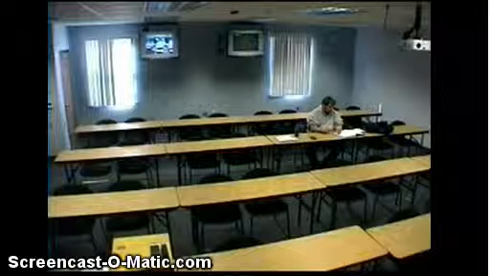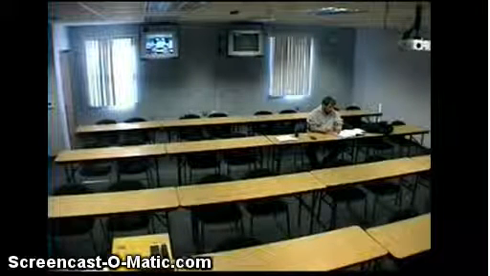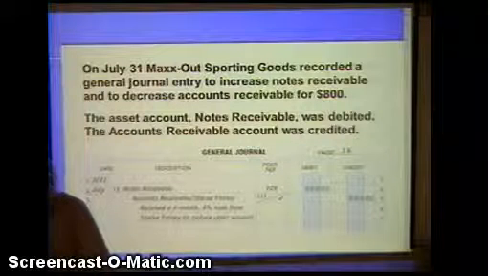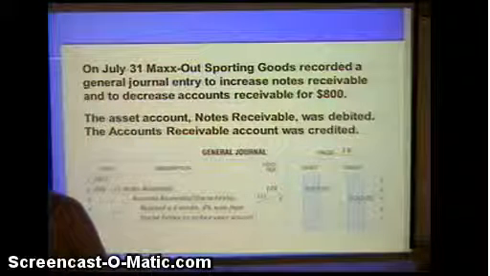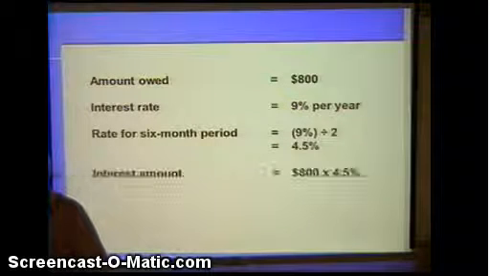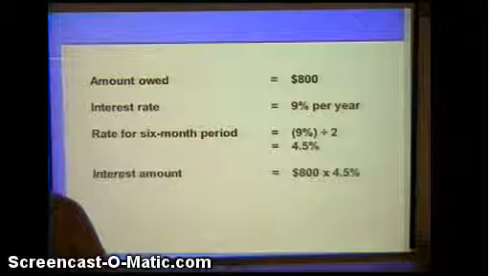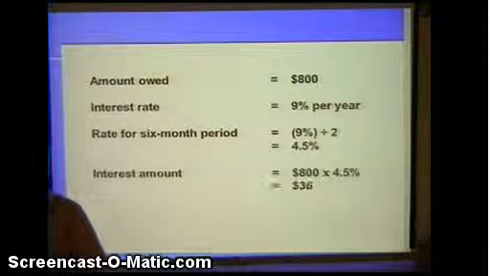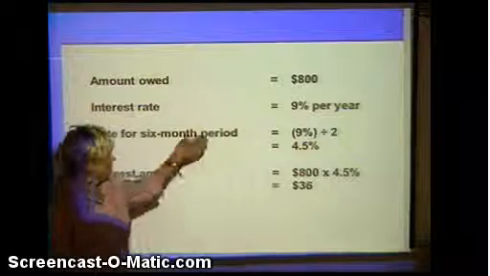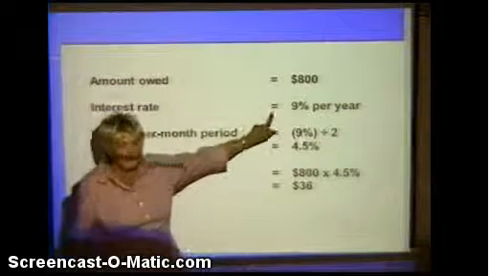So we're going to debit notes receivable and credit the accounts receivable. Then, when she pays, I'm going to go back over this because some of you may not have had your math class in quite a while. The amount she owes, when it's time for her to pay, she's got to pay 9%. To figure out what that 9% is,